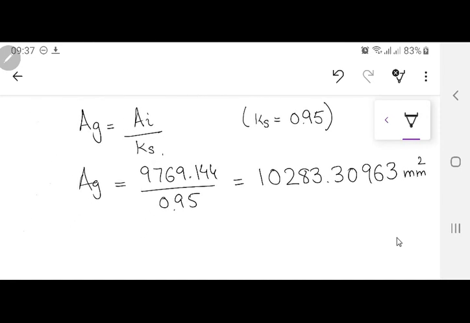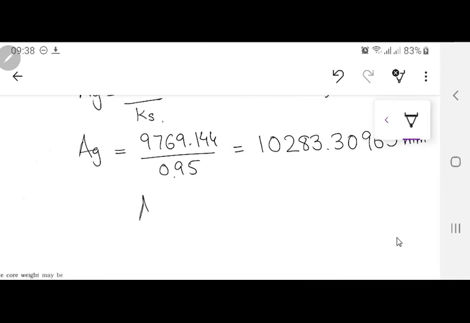Now we have to decide how many steps in the core we are actually eyeing over here. Now if you go towards this fourth chapter or fifth chapter, since from the very start they have told that this is a 100 kVA transformer design. So in this chapter they have gone with the 9-step configuration. So this gross area is going to be multiplied by some factor, and this will be equal to pi d square by 4. And from where that factor is going to come, you don't need to memorize it.